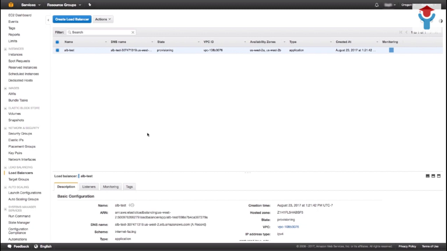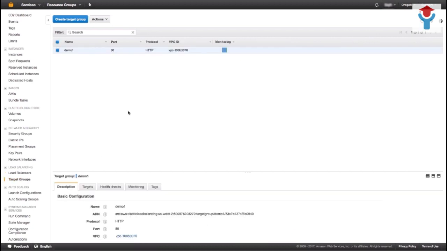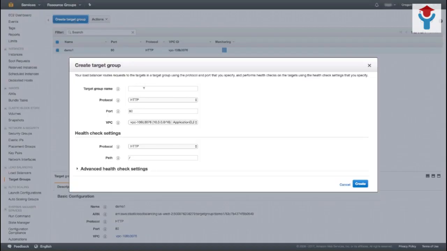Because we have two targets that we want to check with this load balancer, in order to register the second target, we must first create a target group. So, to do this, under Target Group, we will select Create Target Group, and this new target group is going to go to the second container that we have set up. So the target group name for this will be Demo 2,